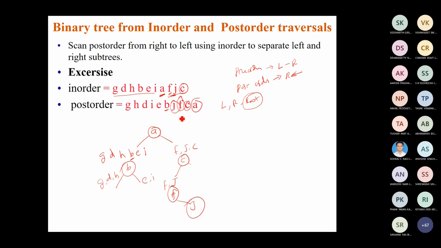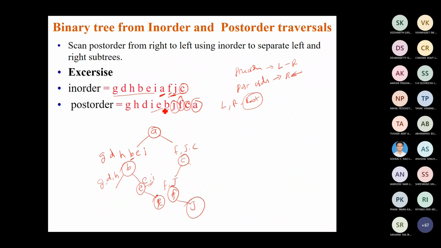Then after that, identify the next node. B is already considered. Then the next node is nothing but E. E is somewhere here. There is no node to the left of E, so the left subtree is empty. Only one node to the right of this, so I is going to become the right child of E. That is done. Next we are left with this many.